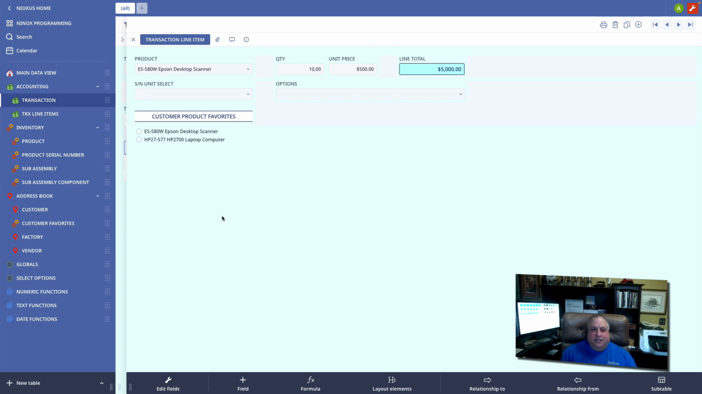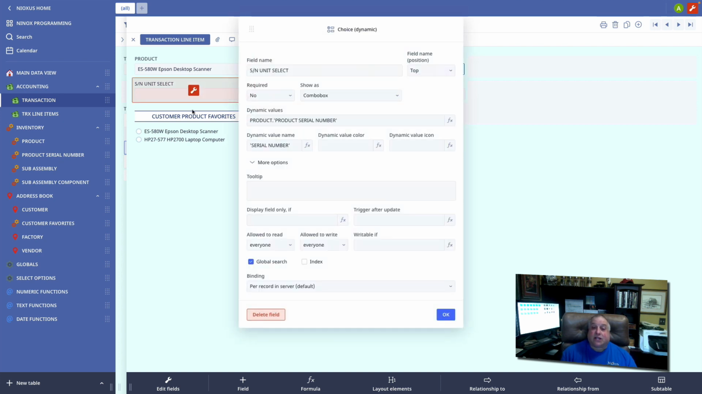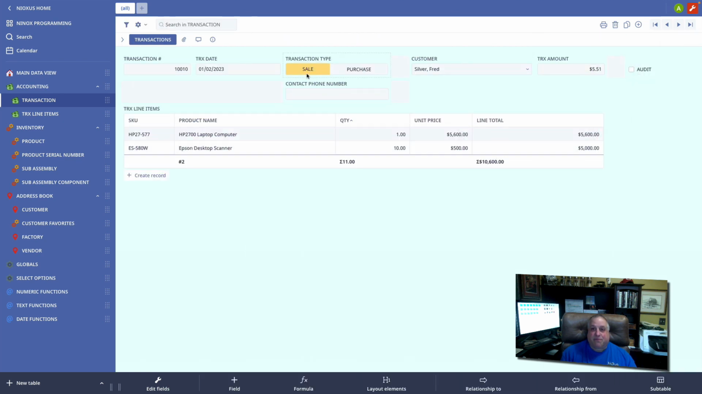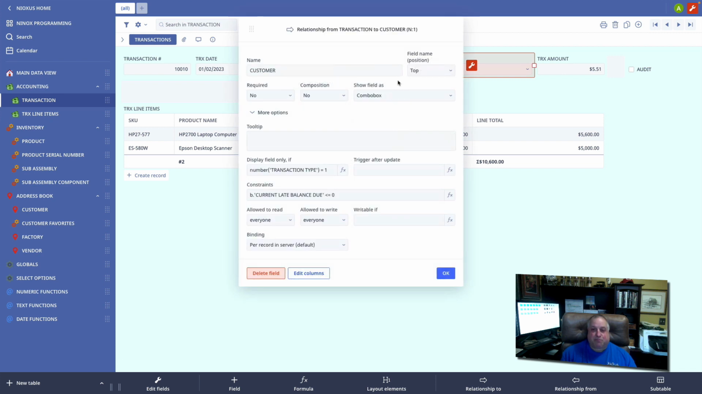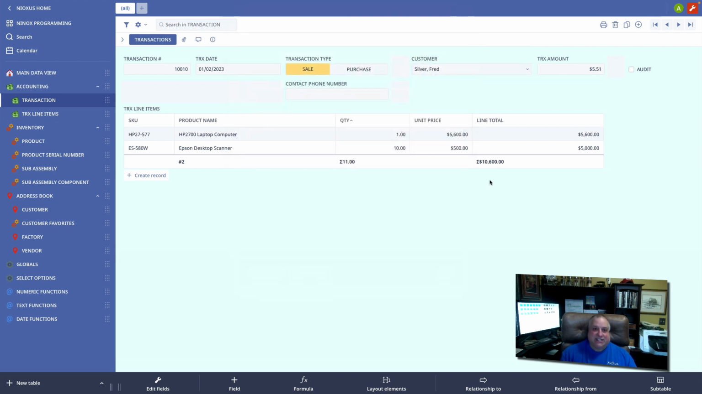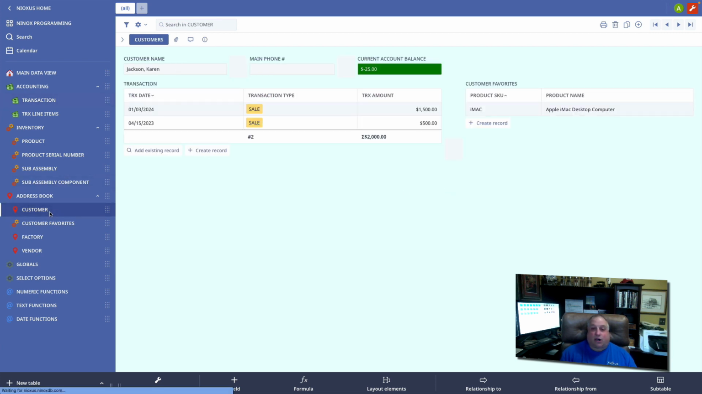But what about constraining pop-up or drop-down selections when the selection is not code-based? For example, here we have a relationship from the transaction table to the customer table. And the idea is that when I have a sale transaction, I should be able to select the customer to whom we're selling. If we take a quick look at our customer record, we will see that we now have